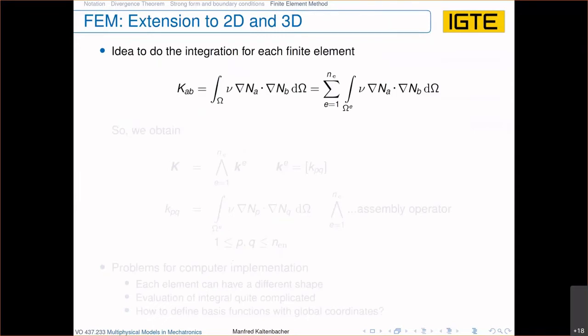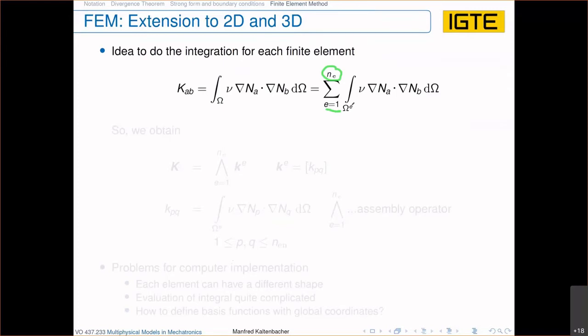And as you can see here, we could now subdivide our integral in this sense that we take here a sum over all our finite elements. So NE is the number of finite elements, and we just integrate over each element domain. This is the same as we integrate over the whole computational domain. We have subdivided the computational domain omega into individual omega e's, where E is the corresponding element we have obtained